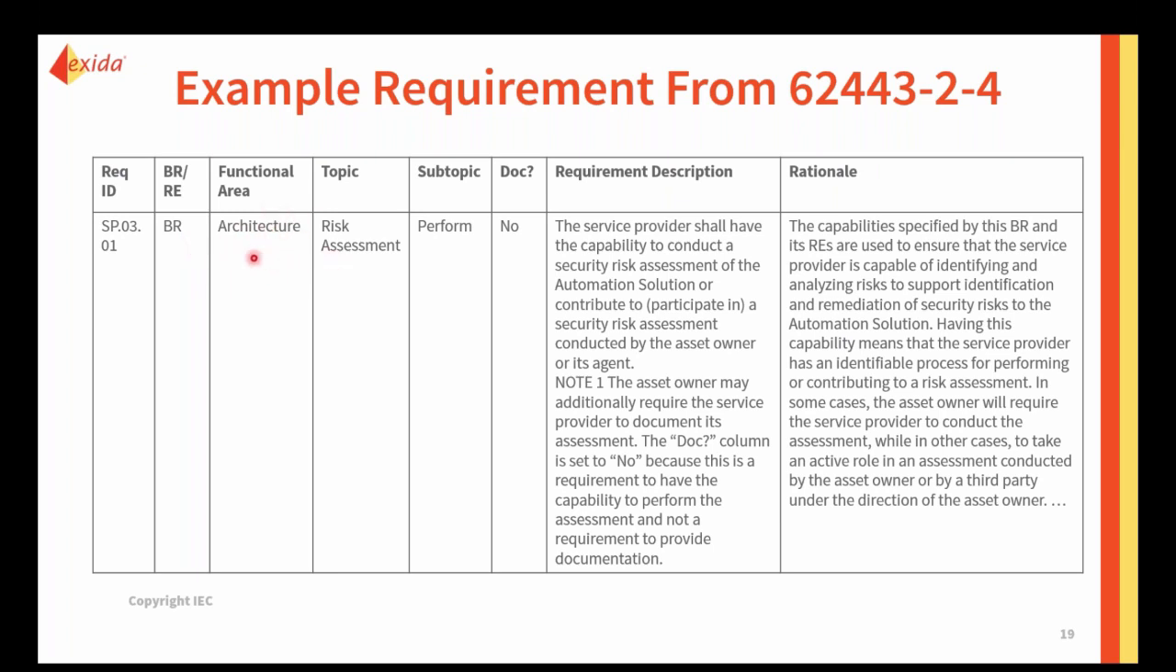As I mentioned, the functional area for this is the architecture of the automation solution, the topic being risk assessment, and the subtopic being perform risk assessment. So all of that goes together to say that this capability is looking at whether or not the service provider can perform a risk assessment. The dot question mark is whether or not there is specific documentation that needs to be provided for this requirement. Because we're talking about the capability to provide a risk assessment, in this case, there's not a specific documentation need. The requirement description then puts together all of these different pieces and describes it in more